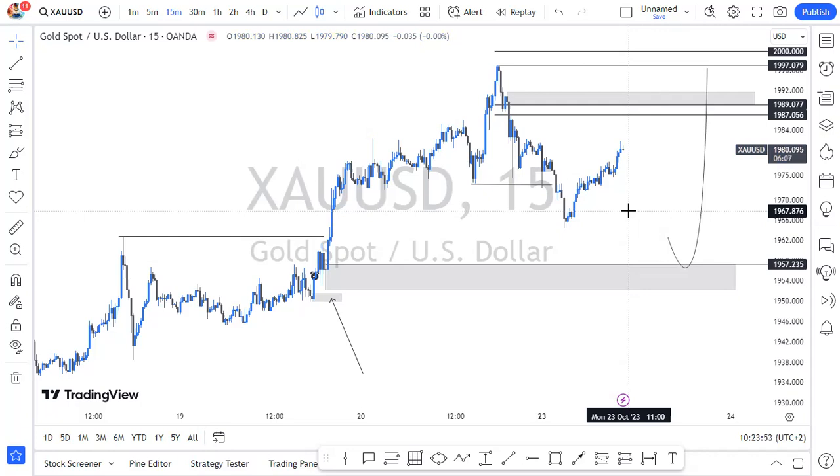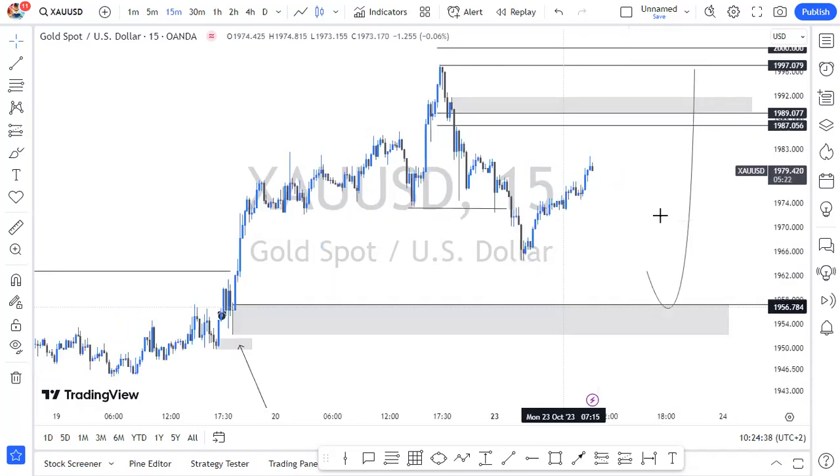So before I kickstart the video, these are the pairs which I'm sure of: XAUUSD, which is gold, I think USDCAD, and EURUSD. I do apologize for the noise. I'll do an update as the week progresses, but for now I think I have only these three, so the video might be longer or shorter, I don't know.